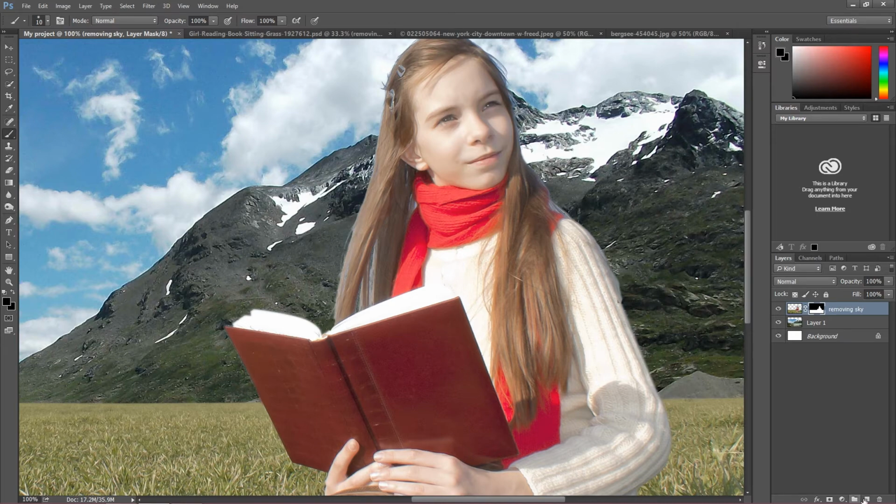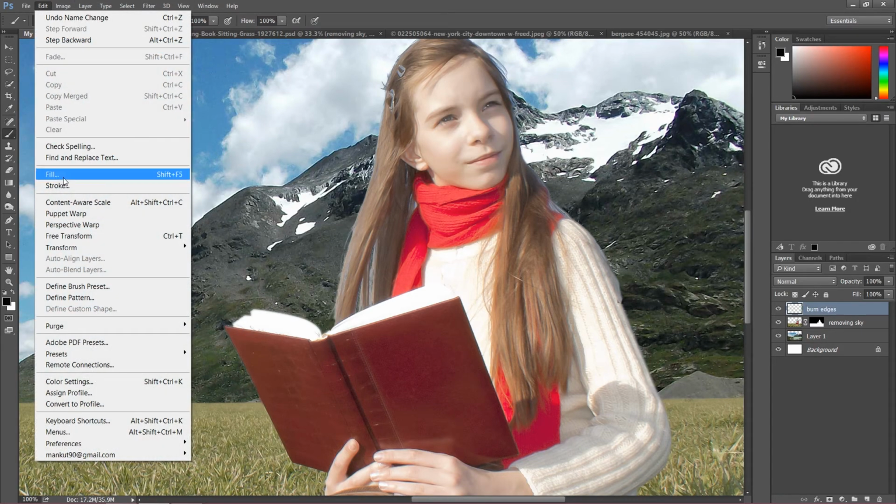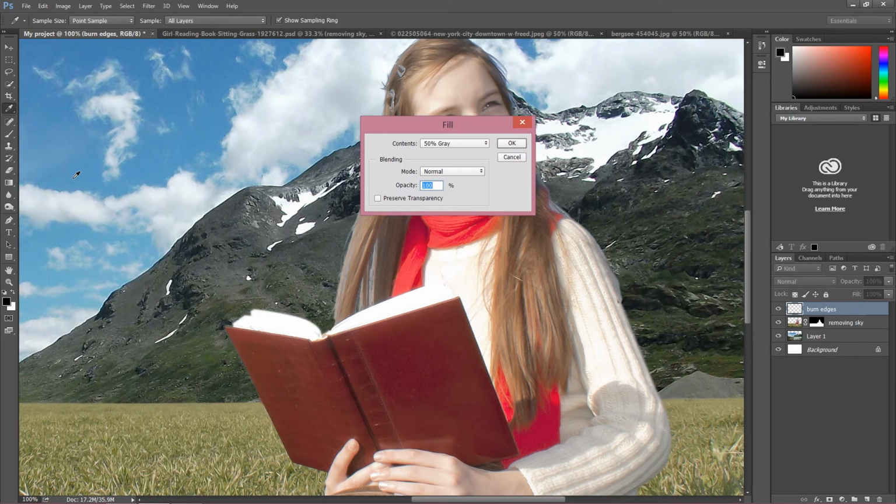So create a new layer, and actually we're going to use only burn. So let's call this burn edges. Click edit, fill, and fill this layer with 50% gray. The reason why gray color works really great with dodge and burn, after we change blend mode to overlay or soft light,